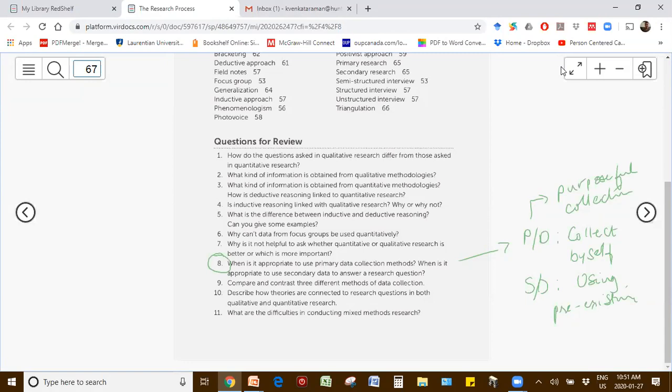Secondary data is absolutely appropriate to answer a research question when you already have data which would help you answer the question. So it's an absolute waste of time to go back and collect, let's say, people's education level and income data when Stats Canada has it out there, ready for you to use. It doesn't make any sense unless you're specifically saying, okay, how many people have an undergraduate in gerontology and what kinds of salaries are they making? Well, that's some data that Stats Canada won't have. So you might have to go in and specifically find that data.